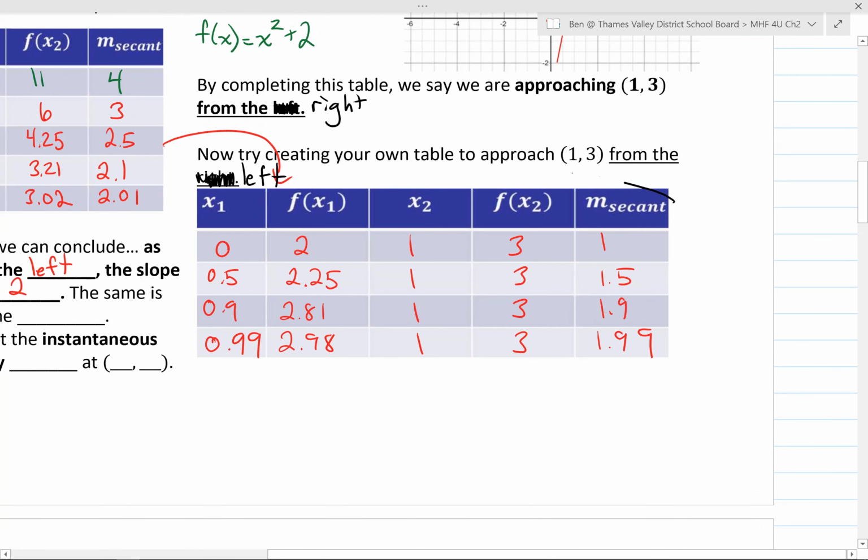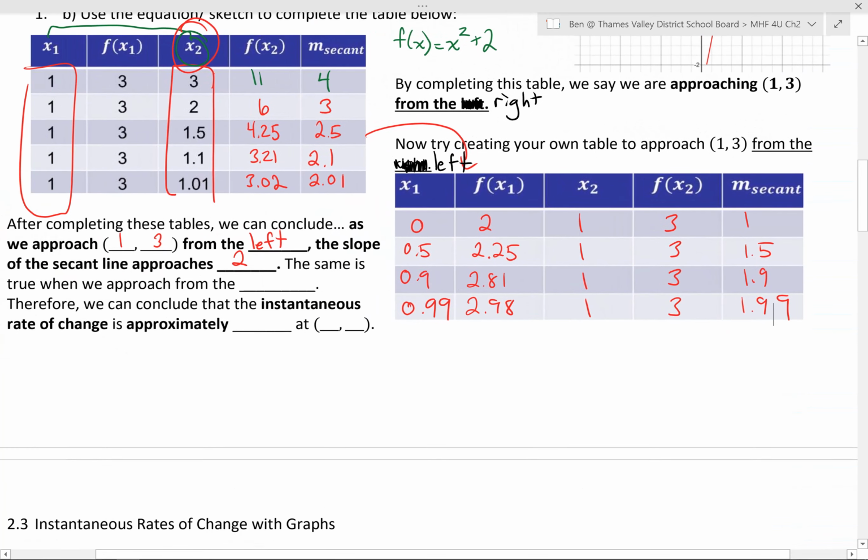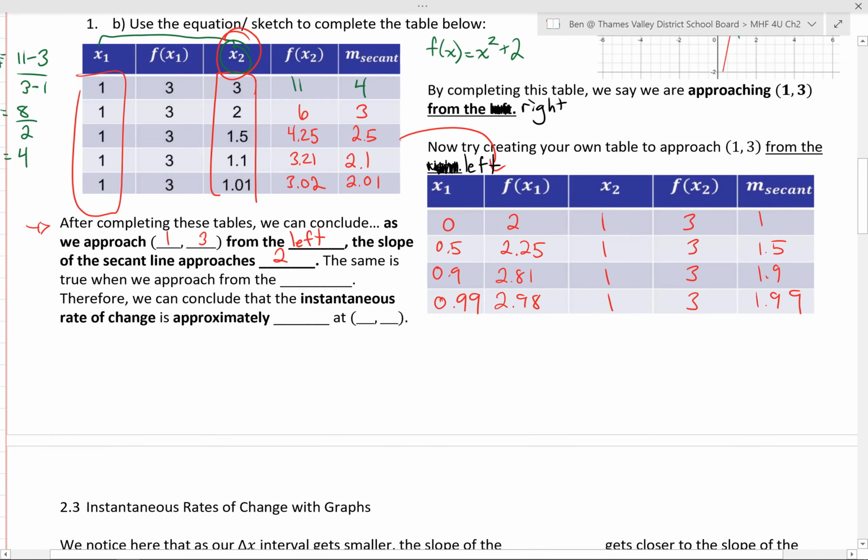But this time when we do approach from the left, we see that the slope of our secant approaches, it gets closer and closer again to 2. Now we can say here that since the slope of the secant is approaching 2 from both sides, we can make a pretty definitive conclusion, a conclusion with a fair amount of confidence, that our rate of change is approximately 2 at the